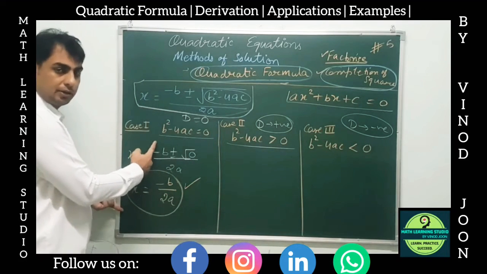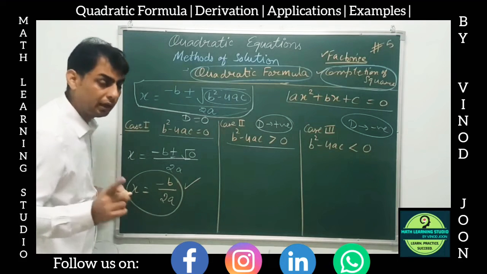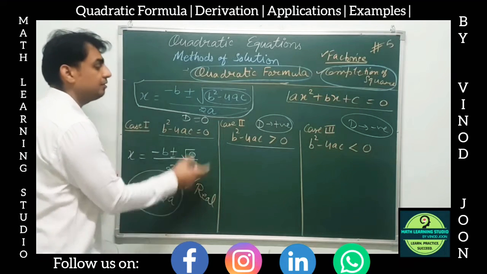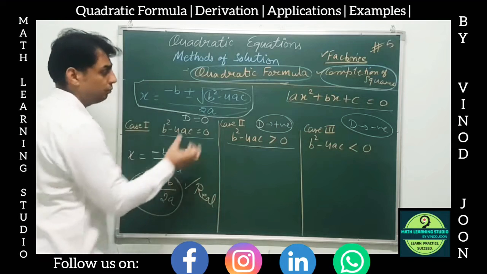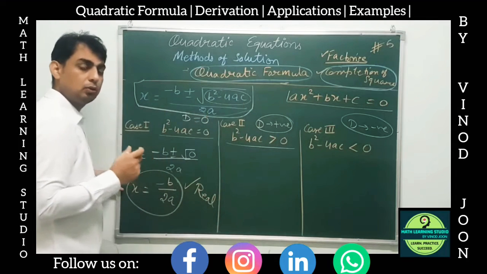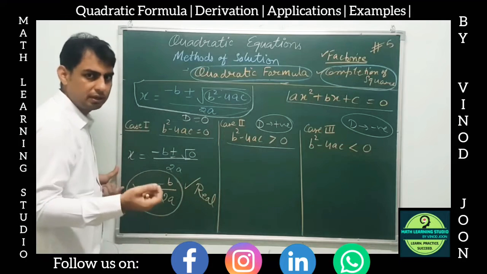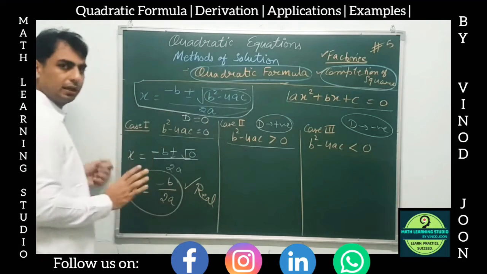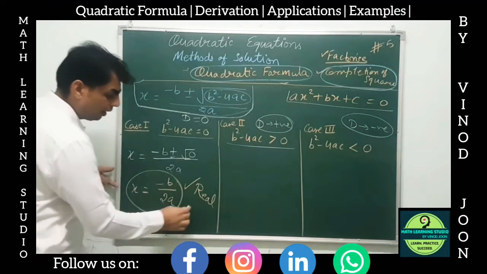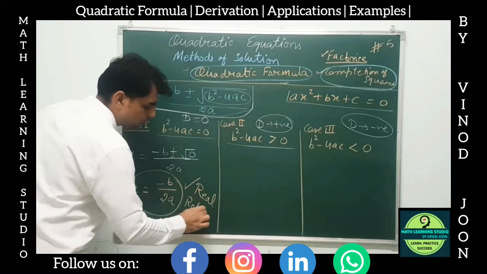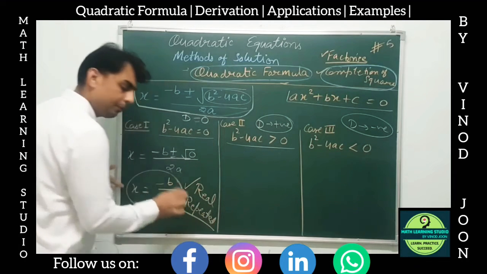So in this condition, roots will be real. Real means the values will exist. Why so? Because जो under the root आया है symbol जो हमारी value है discriminant की, that is equal to 0. 0 is a real number, मतलब इसका square root निकल सकता है. Yes, आ गया. So real and the roots will be repeated, same roots only.